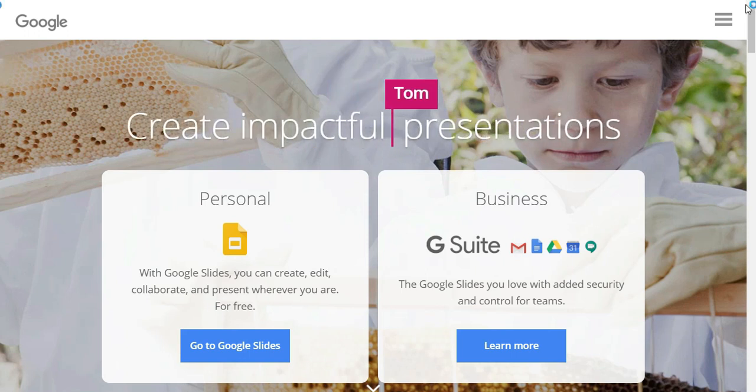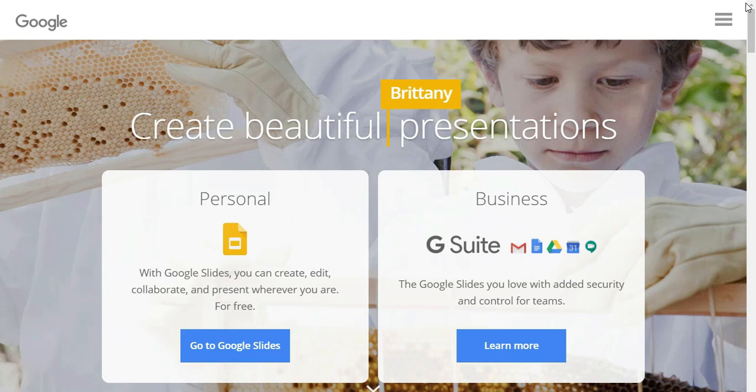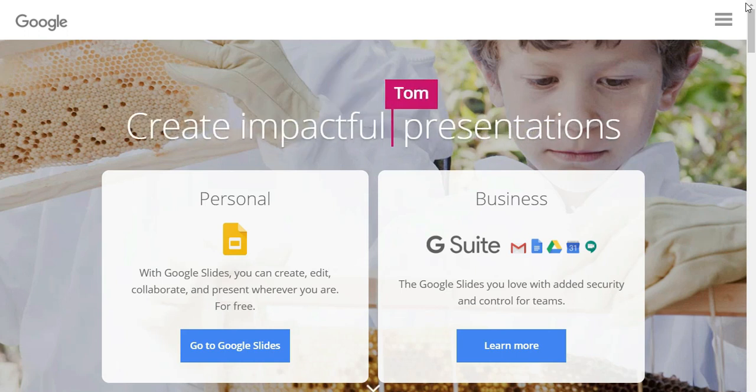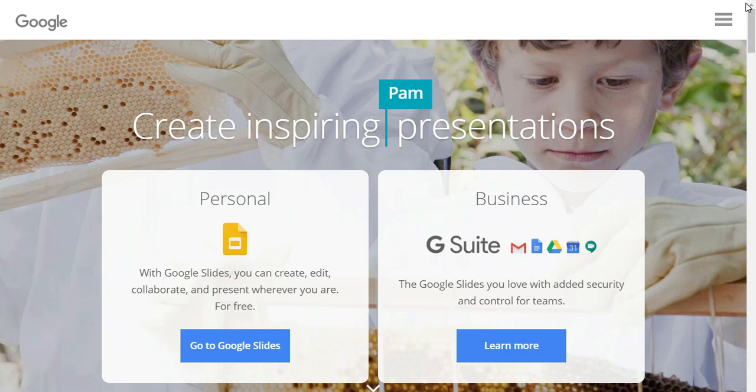So friends, the topic which I am going to take today is Google Slides. Many of you might have worked on Microsoft PowerPoint for creating your presentation. But the problem with Microsoft PowerPoint is that you should have installed software on your PC or on your laptop. Let's take one example.